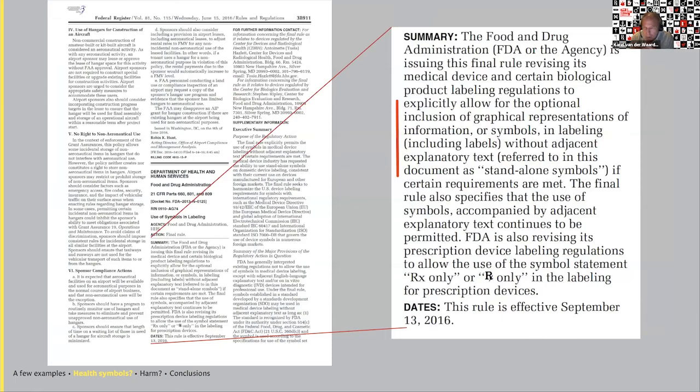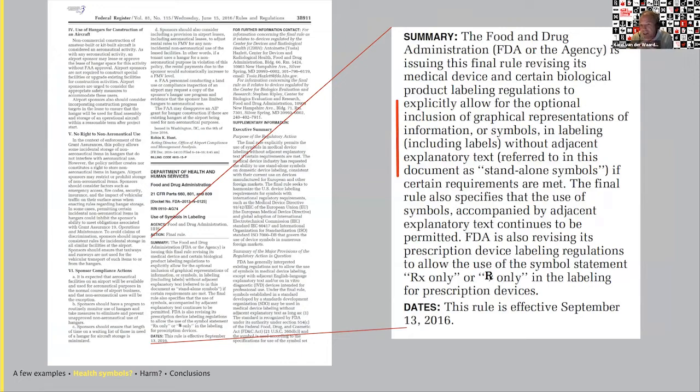It's not only the medical journals that have an interest in pictograms on medical information. Information about medicines is strictly regulated, and that's a good thing. And the legal profession has their say too. Here's an image of the legislation in the United States of America. The Food and Drug Administration, the FDA, issued this rule in 2016. And I know it's always difficult to read the legal text in a presentation, but I'm going to try to